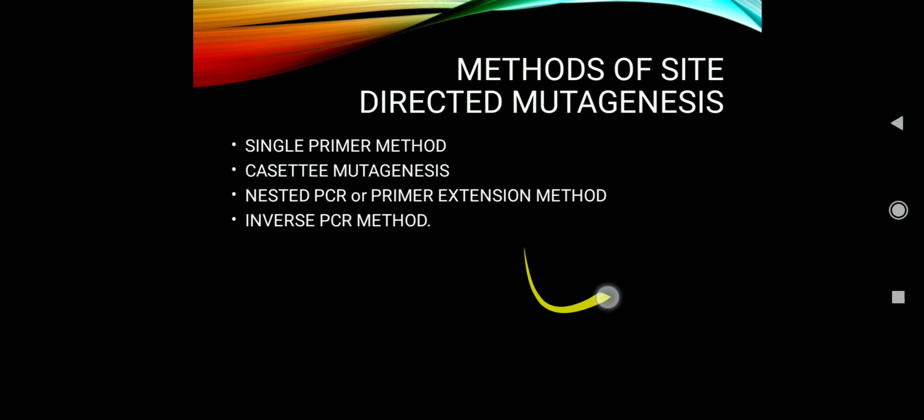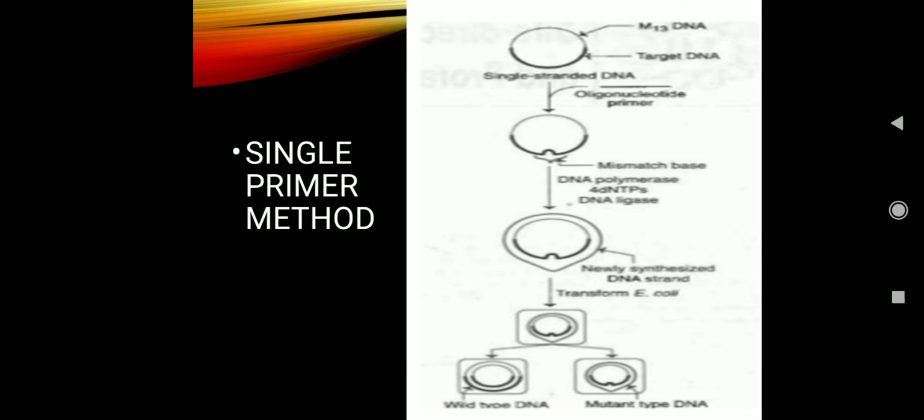So this mutated DNA is transformed into ultra competent E. coli cells. As I told you, why ultra competent E. coli cells? We told you that 12 to 15 cycles of amplification we will do. So the amount of DNA that we get is very less. So ultra competent cells have the higher ability to take up the DNA. Therefore, we use ultra competent E. coli cells. So once the mutated plasmid is being transformed to E. coli cells,